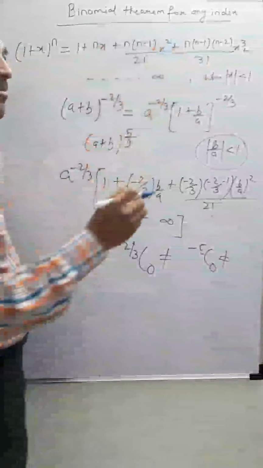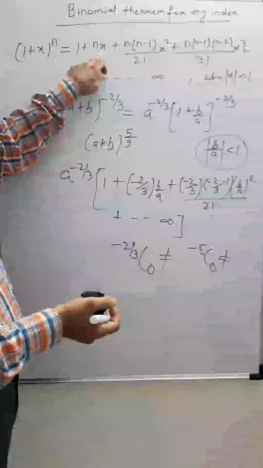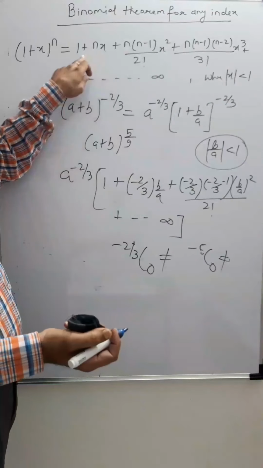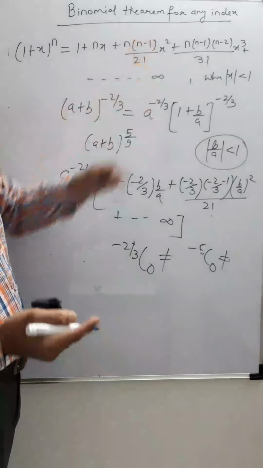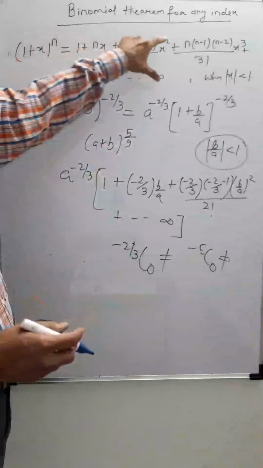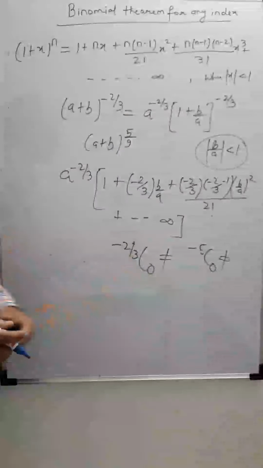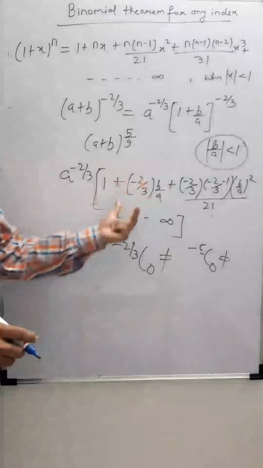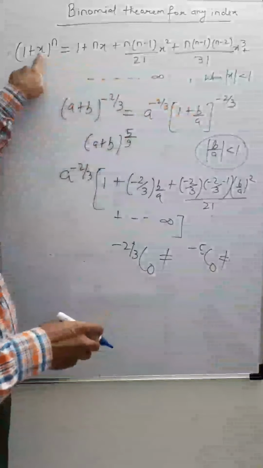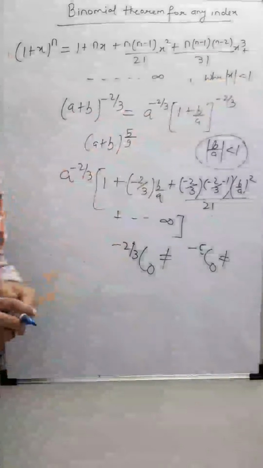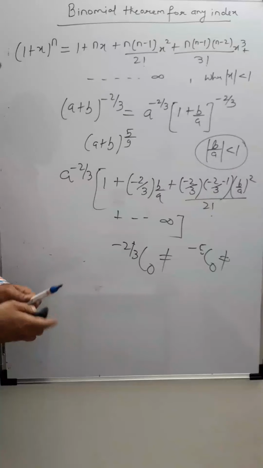This result came the same way nC0, nC1, nC2 we expanded. nC0 is 1 and we know nC0 is 1, nC1 we know, and if you expand nC2 you will get this, correct? So this result you have to remember, and you came to know in such expansion this way we can expand. That I believe in 11th you all of you have done. What is important? b by a should be less than 1. Here also this x must be less than 1. Fine. So this is known as binomial theorem for any index.